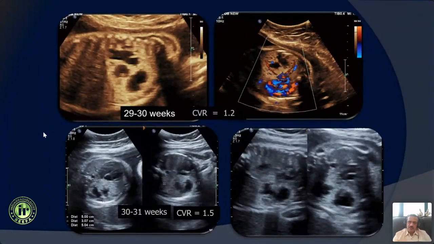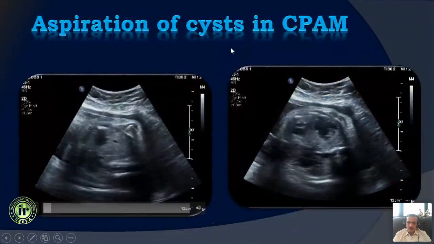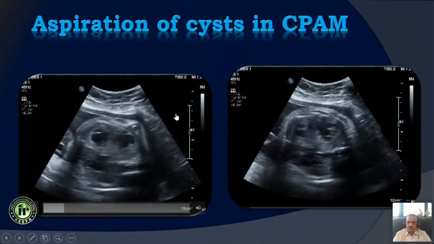So we said, okay, there was no hydrops, so we'll watch. But after 1 or 2 weeks, the CVR increased further, reached almost 1.6. So we gave them steroids because very often with steroids we can see a reduction in the size of a CPAM. But it continued to increase, and before hydrops could set in, we thought we will put a shunt from